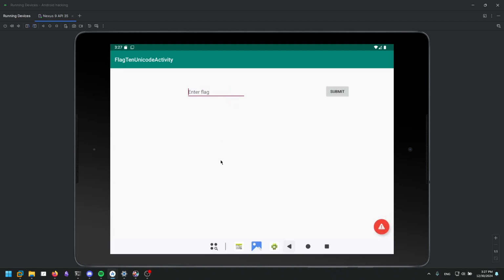On the previous one it wasn't. Maybe it's because this tablet is running on API version 35, so I can paste it easily like that and not worry about any of the pasting issues and typing like that. So it's a bit easier on this tablet, so I switched to API version 35,